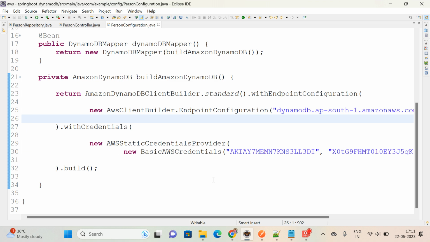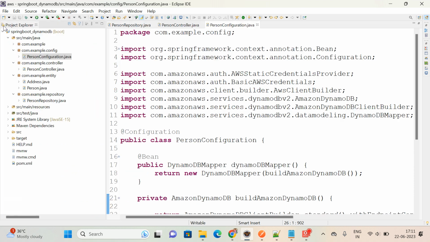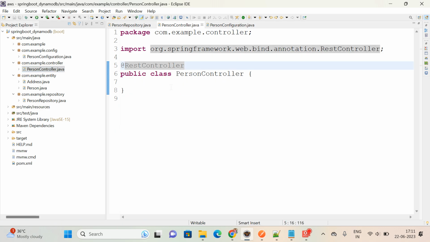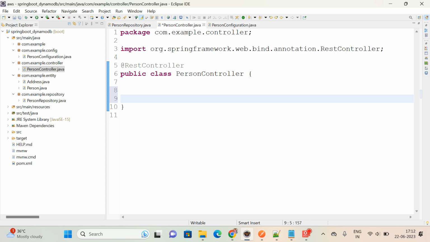Once you are done with this configuration class, now we are going to define the controller class. Since a controller class must always be annotated, first let me check with the PostMapping. The remaining things for the time being you can try to perform. If anybody is getting any issues, you can ask me in the comment section. Now in the person controller, first I am focusing on the PostMapping itself. How can we do that? Since this controller always communicates with the service layer, but we don't have a service layer,